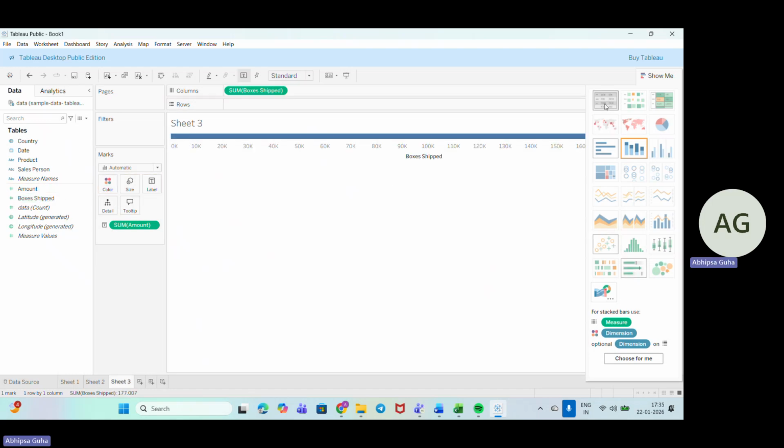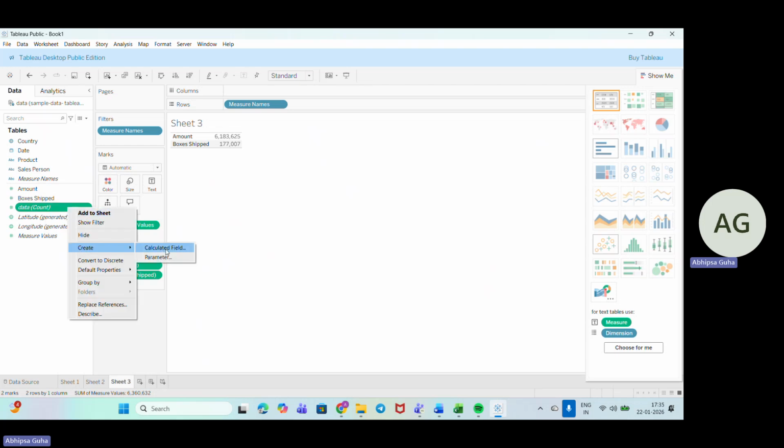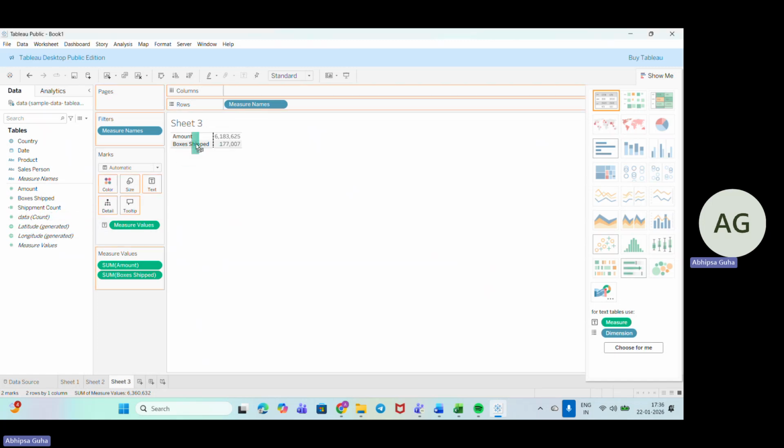like this, and I want it in a tabular form. So I'll just click it up here. Okay. Now, along with that, I want the number of boxes shipped. So what is the total shipment, that also I need to get. So for that, I'll go down here. We have got a count. So I'll just go down, but the name is not matching. So I'll create a calculated field, and I'll give the name as shipment count. Okay, and I'll go down to apply. We have got a shipment count out here, so I'll just add that.